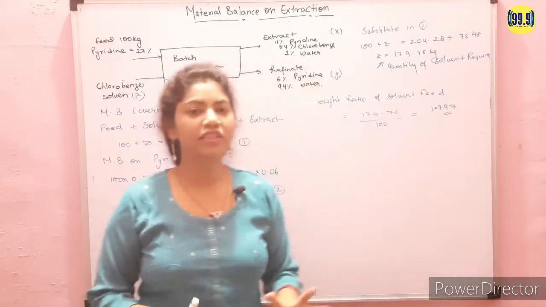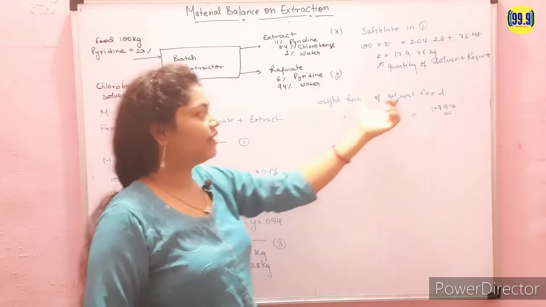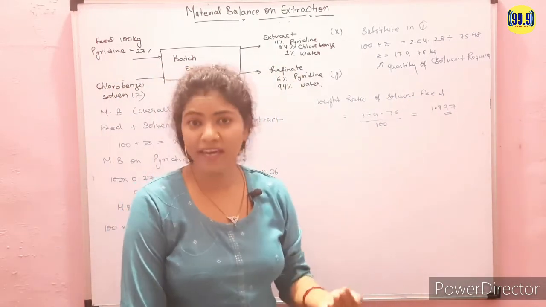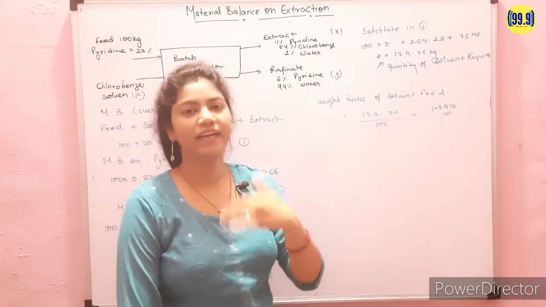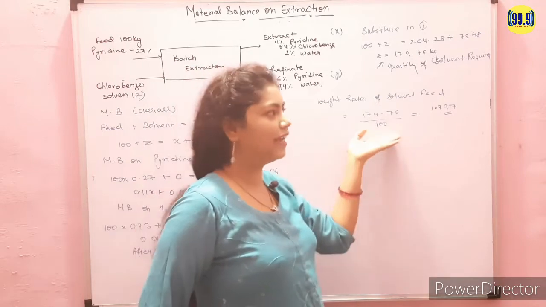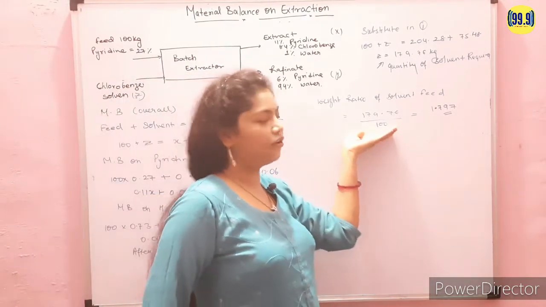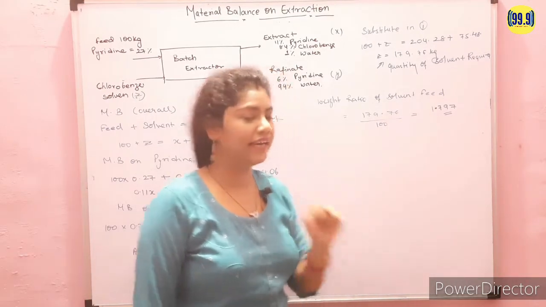तो क्वेश्चन में देखिए, अगर हम सेकेंड पार्ट की बात करें सबसे पहले, तो वेट रेशियो सॉल्वेंट टू फीड पूछा है, ठीक है। और बता रखा है कि 100 kg फीड है, तो जितनी क्वांटिटी सॉल्वेंट की रिक्वायर्ड होगी उसको हम डिवाइड कर देंगे। हम बेसिस 100 kg ऑफ फीड ले रहे हैं, तो 100 kg ऑफ फीड से हम डिवाइड कर देंगे, हमारे पास जो आंसर आ जाएगा।